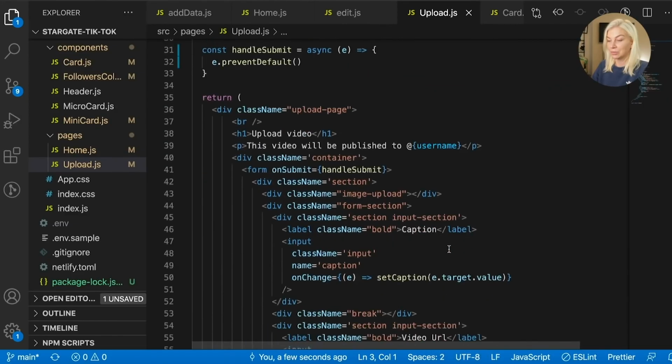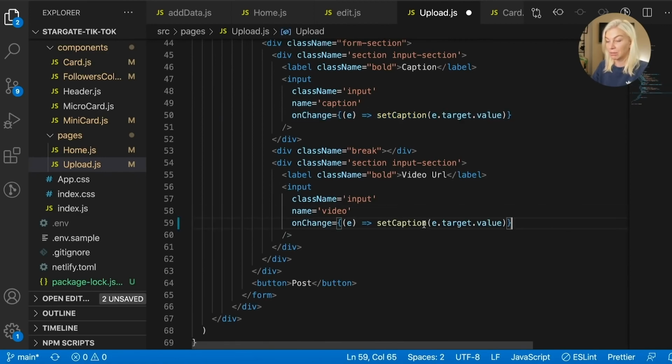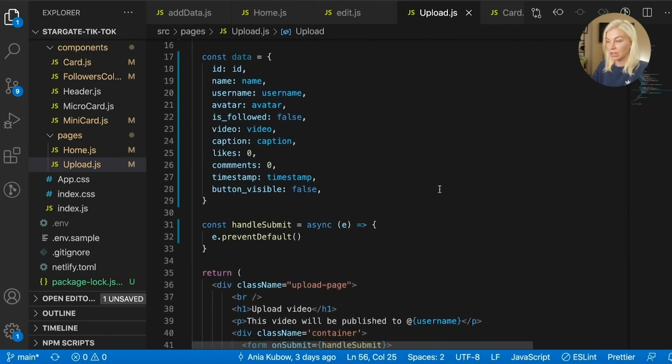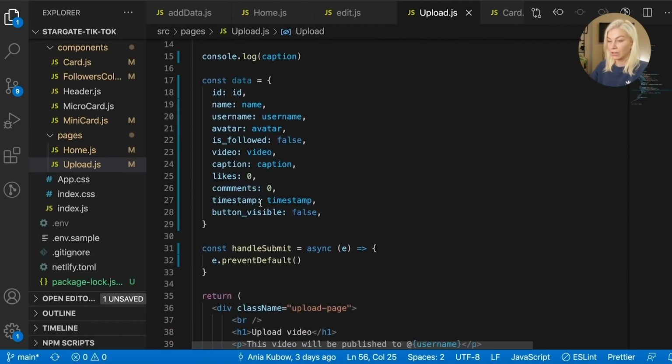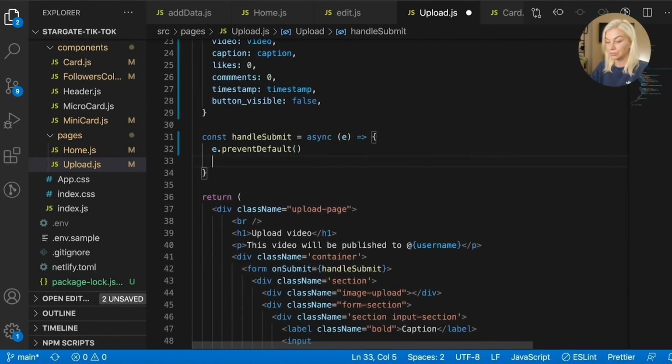Let's do the same for video. So this is simply another on change on an input, but this time I want to set the video. Okay, so this is looking good. I mean, I can keep my data object there, that's fine. And then in here,